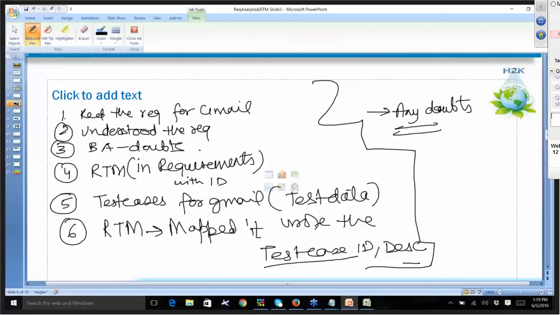The review form, if we are going to review the test cases, it will be here. It comes after the test cases. A review of the